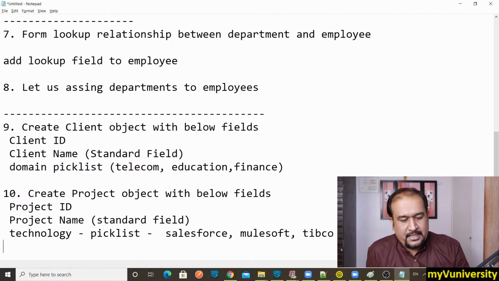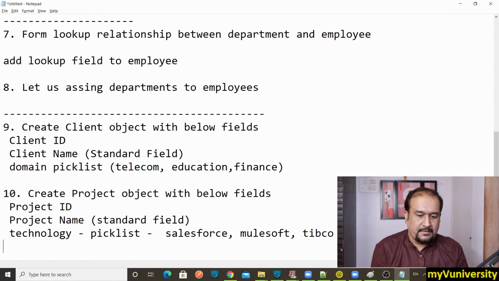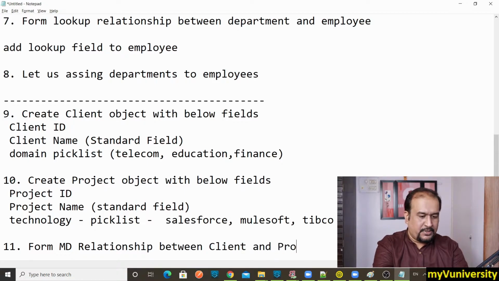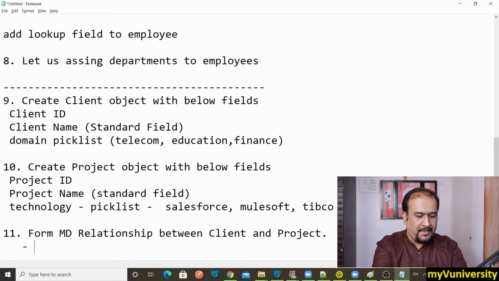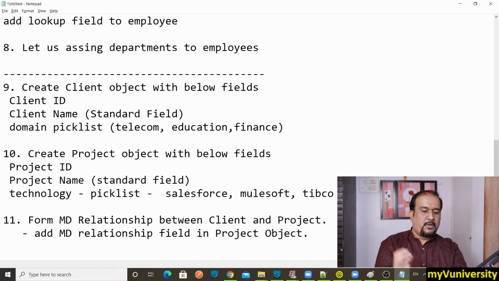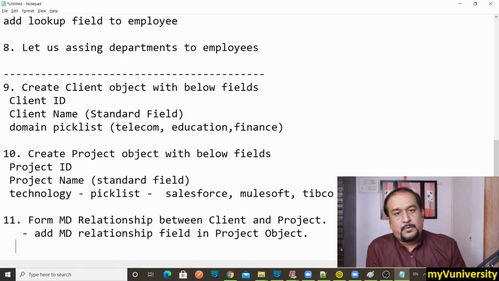Then form the MD relationship between client and project. How will we implement that? Add an MD relationship field on the many side, in the project object.